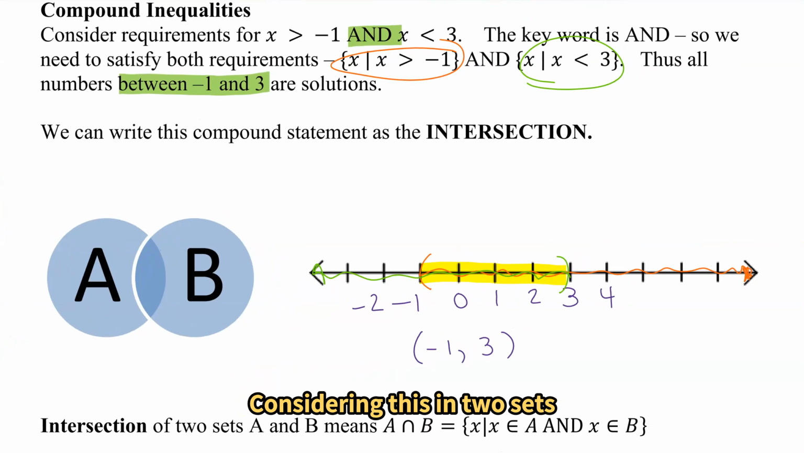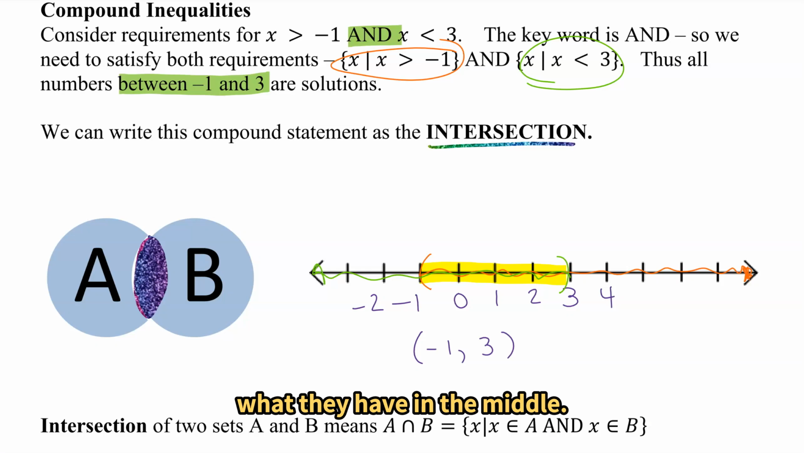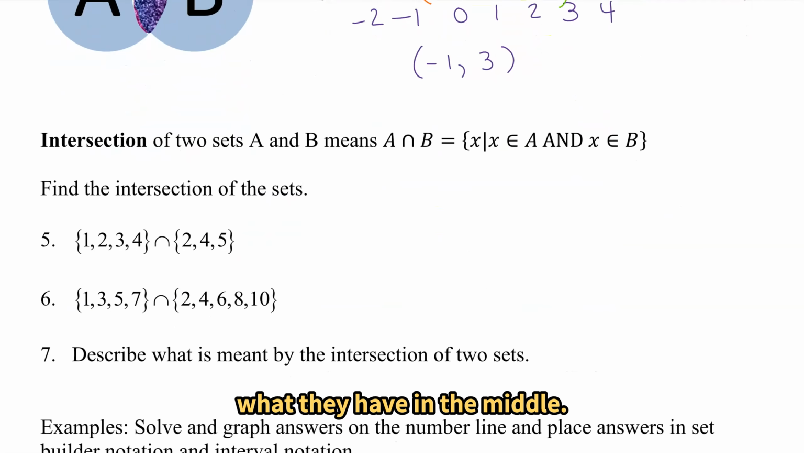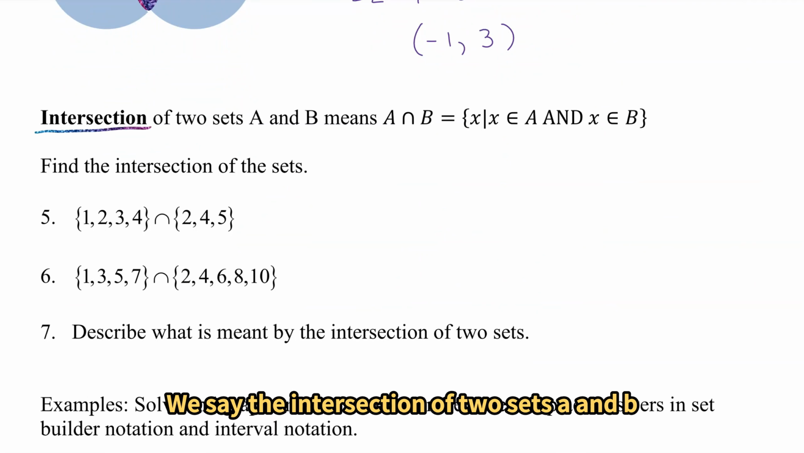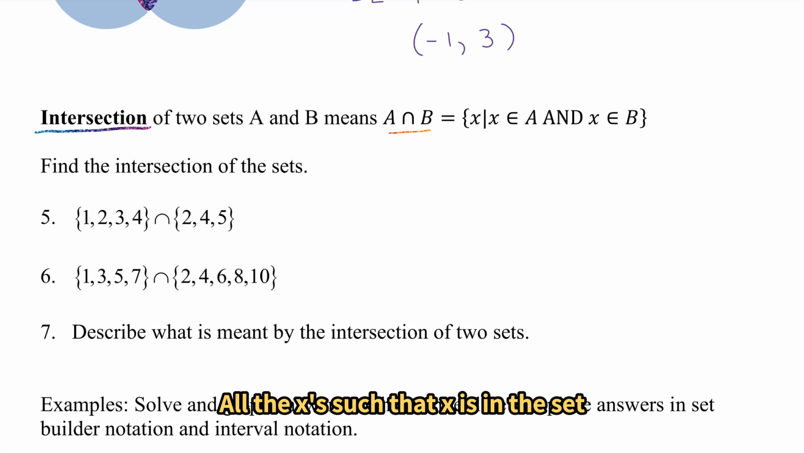Considering this in two sets A and B indicated by circles, the intersection would be given by where they overlap, what they have in the middle. We say the intersection of two sets A and B is given by the symbol for intersection, which looks like an upside down U. All the x's such that x is in the set A and x is in the